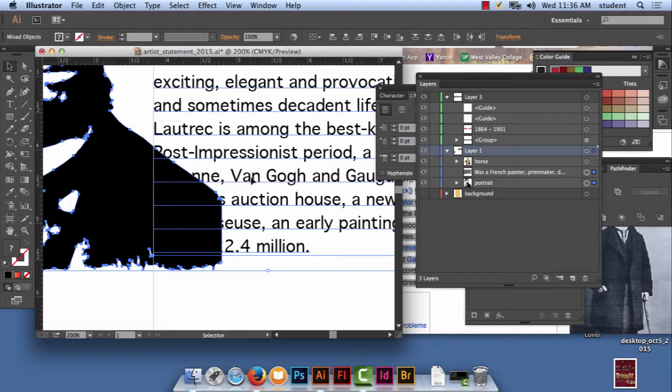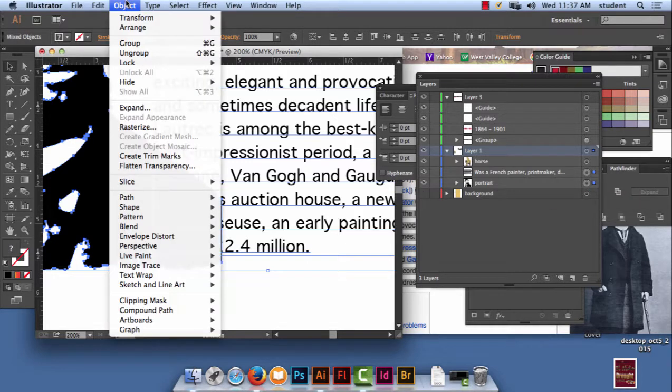Use the shift key. You can click on two things at the same time. Or if you want, you can select the little dots over here. See the little dots in the layer window right here? That helps you select things. Look at that. Select both of them. Then to do the text wrapping is underneath Object,